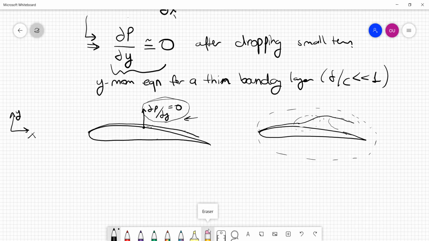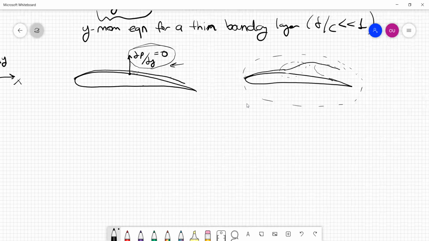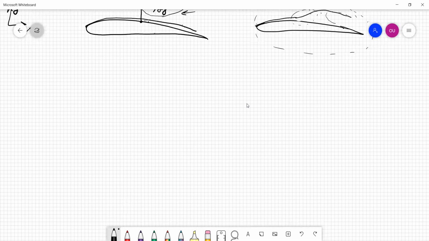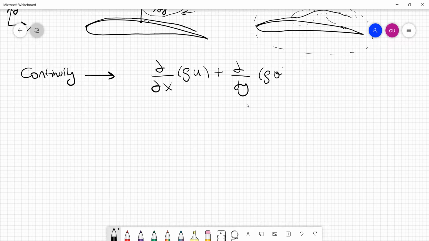Okay, just quickly let me recap where we are in terms of our equation sets, in the sense of thin boundary layers. We obtained, and I will write the dimensional form of the equations. We have the continuity equation, d/dx of rho u plus d/dy of rho v equal to 0. Okay, and these are now what we can call boundary layer equations. We have